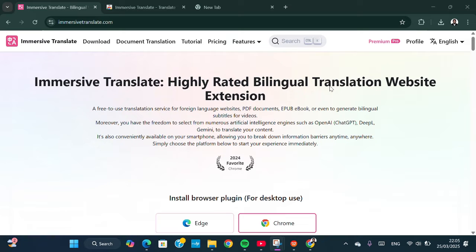In today's tutorial, I'm going to show you how you can easily translate your document using immersivetranslate.com. Okay, let's get into it guys. First of all, you can visit this website